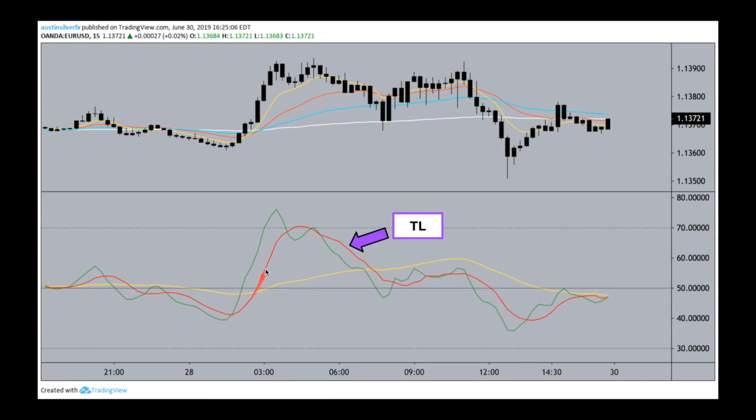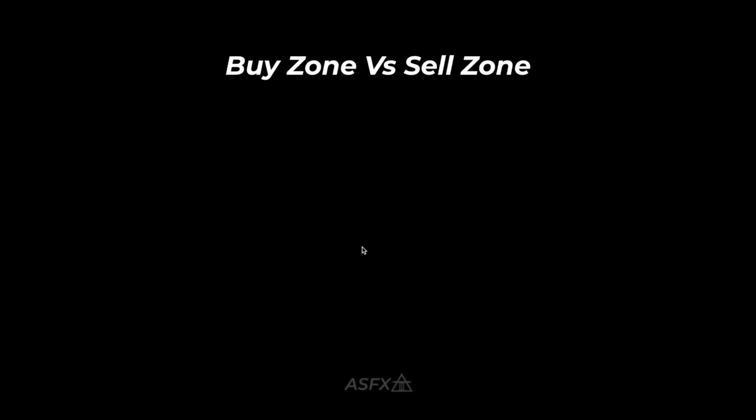On top of that, you want to add the trend line in. The reason I didn't give the trend line its own slide is because it's very simple. When we look and use this TDI, I'm going to show you how to use it for entries and exits. The trend line is the least important of the three, but it still needs to have weight in your decision. You don't want to go against the trend line. However, all you need to understand with what it is that it's another moving average applied to the RSI. It's weighted based on the RSI.